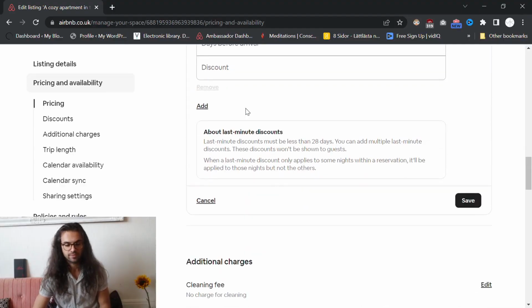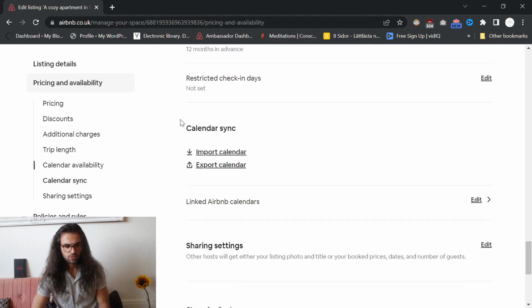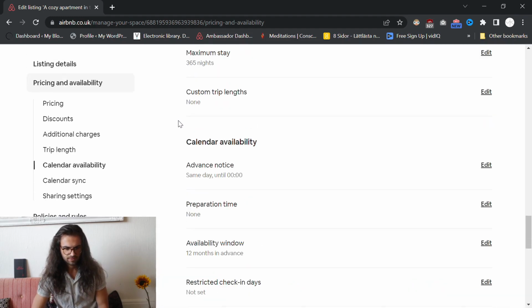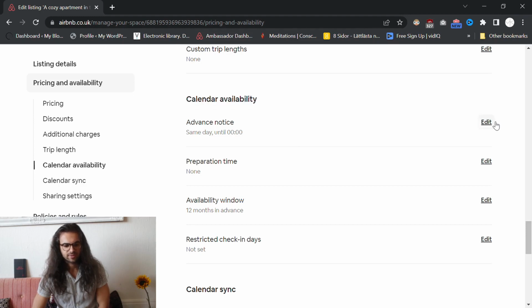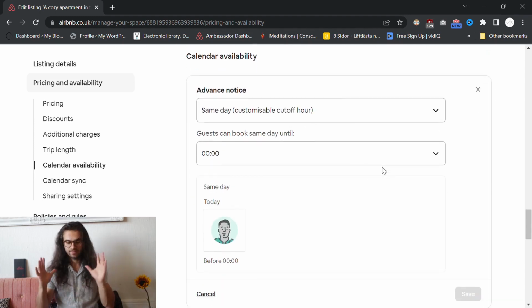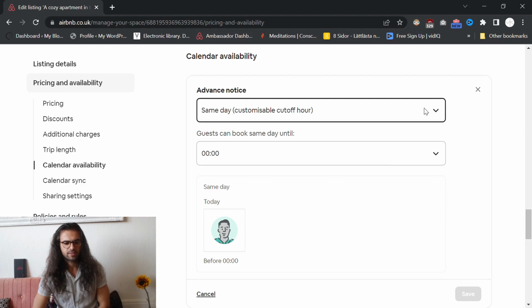So if you keep scrolling down, you're going to find the calendar availability section, and there is this advance notice. And this is a game changer for people who want to create their own businesses on Airbnb, and who want to really be successful, and who have a very good schedule, and who respect their own calendar and availability. What does this mean? Advance notice means that if you click, that people have at least a certain amount of